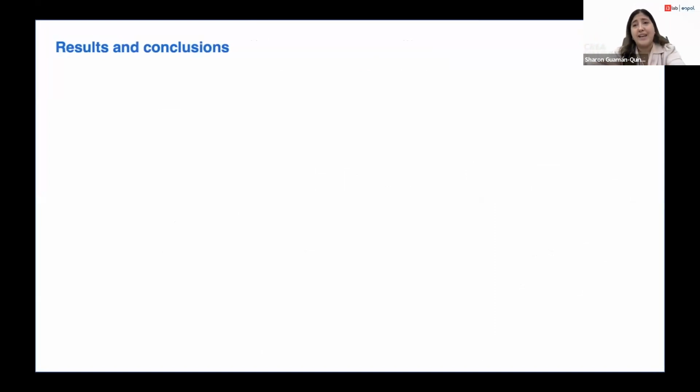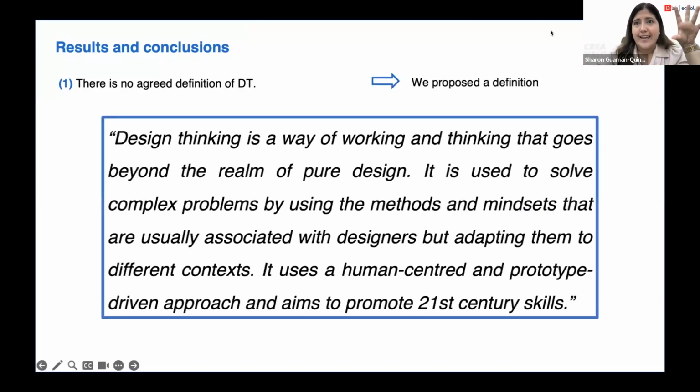So I'm going to jump directly to the discussion because, as you know, this is not specifically a research presentation, but I want to go to the specific points. First, our first conclusion in this paper was that actually there is not an agreed definition of design thinking. So based on the literature review, we propose this definition that catches all the definitions that we found